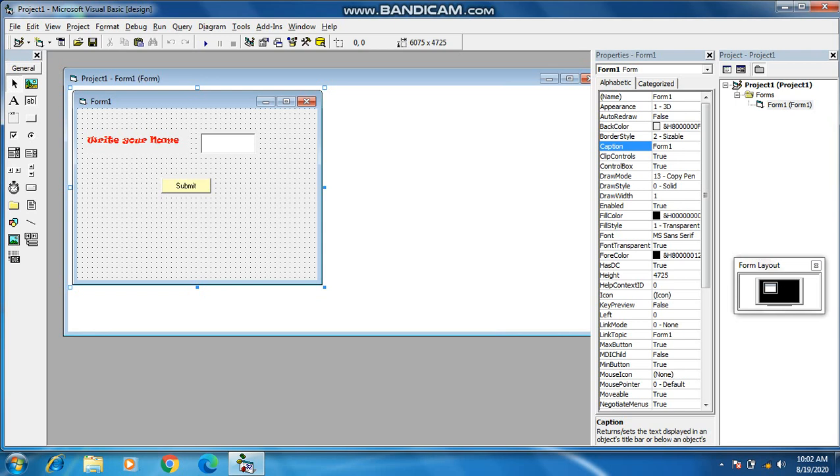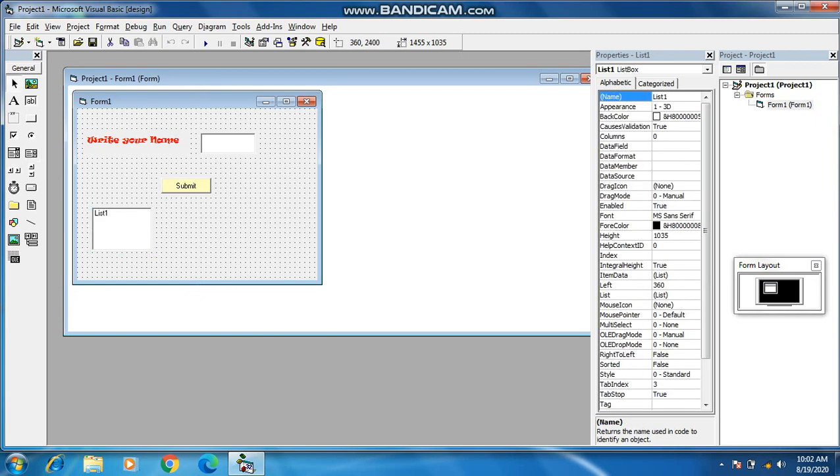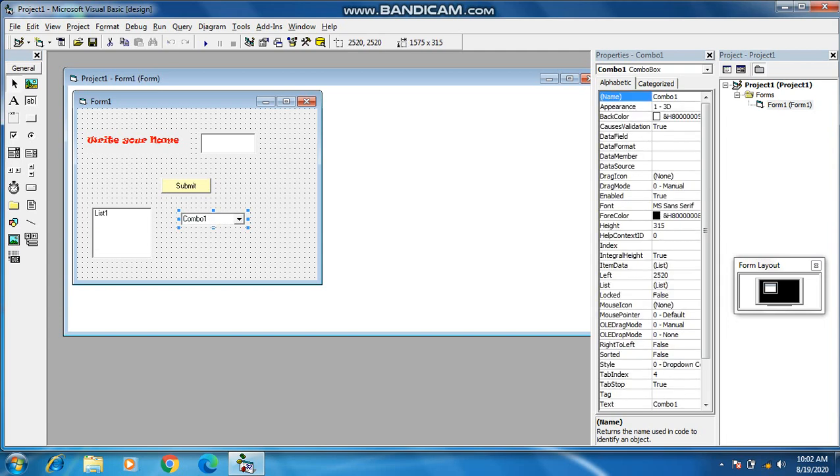In the same way, if you want to add a list box or combo box, then also you have options there. See this, the list box, go for the list box, the combo box. You know the difference between a list box and a combo box. See, the list box takes so much space on the particular form, because all the values will be shown when you execute the program. That means all the values will be visible at a time, but in a combo box only one value will be visible at a time. When you click on this option, when you click on this button,